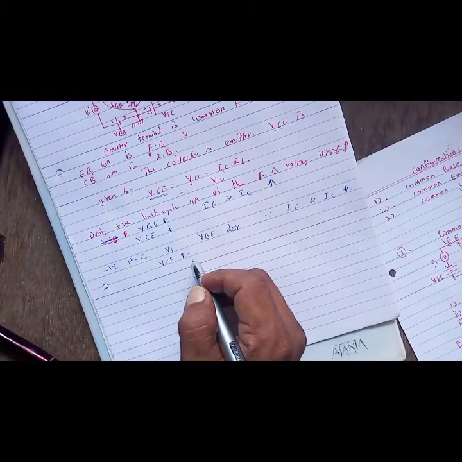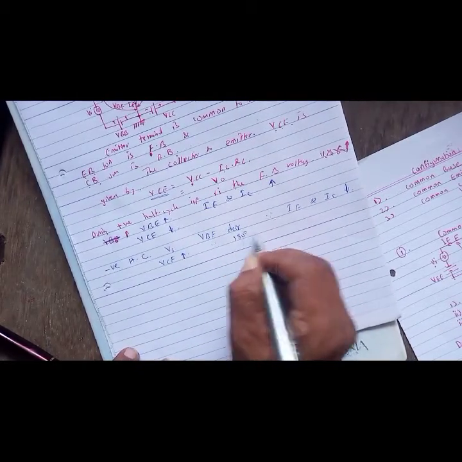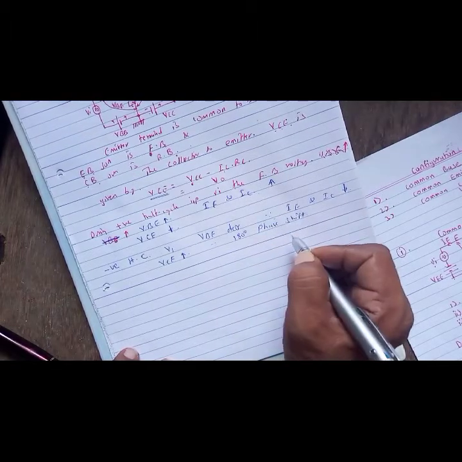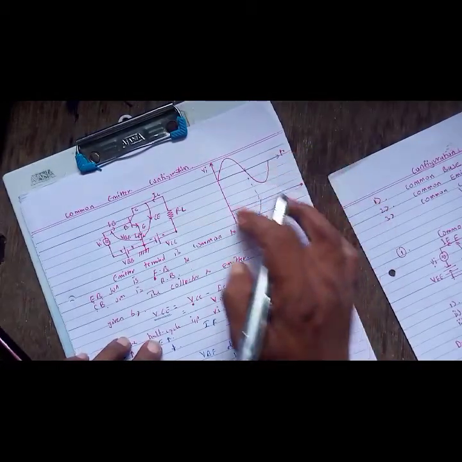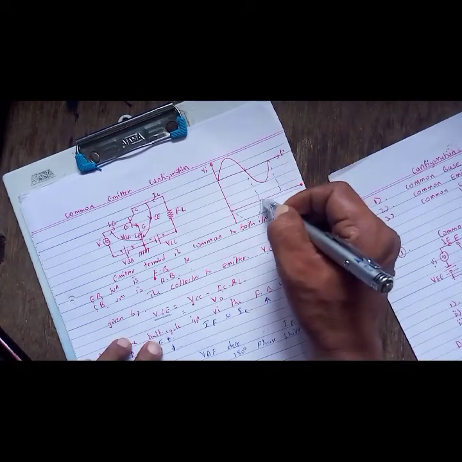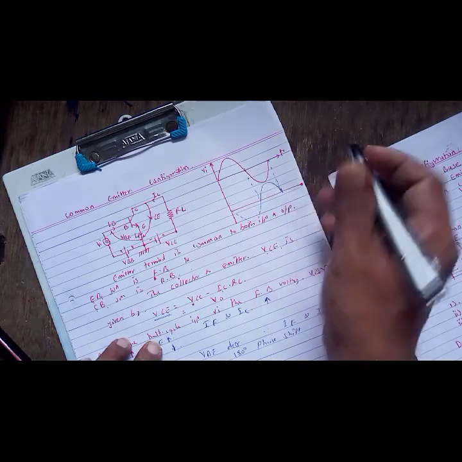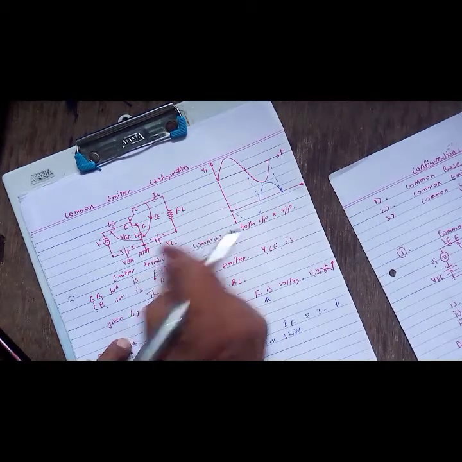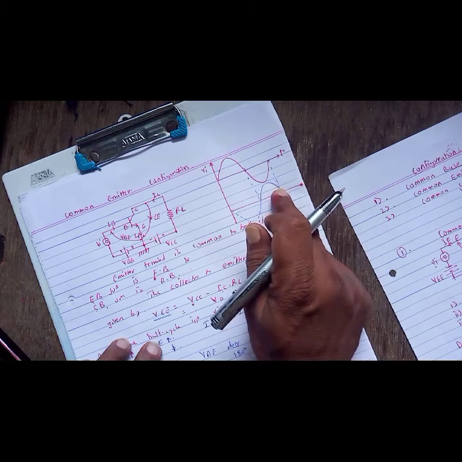Okay students, therefore there is a phase shift of 180 degrees. Since a 180 degree phase shift occurs between the input and the output, the output for the negative half cycle you will get like this. Okay students, it is the one case, only in the common emitter, where the positive changes to the negative and the negative changes to the positive.